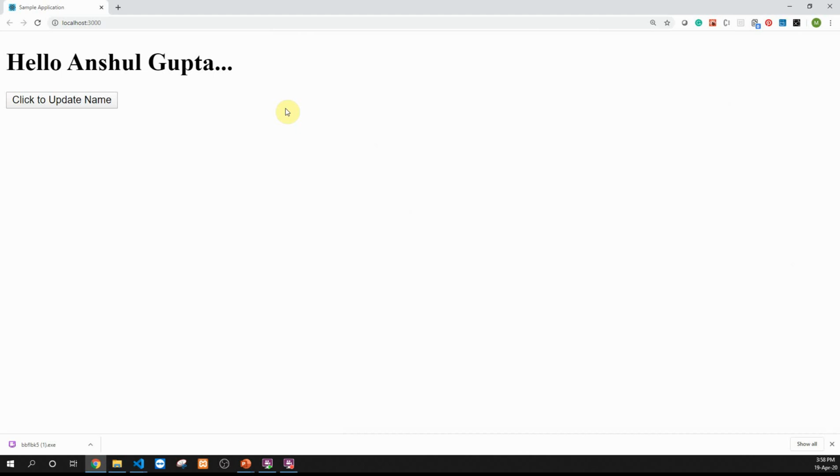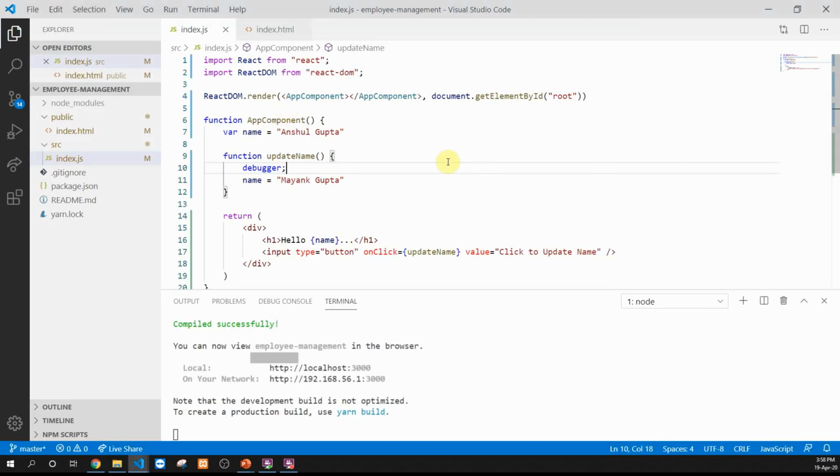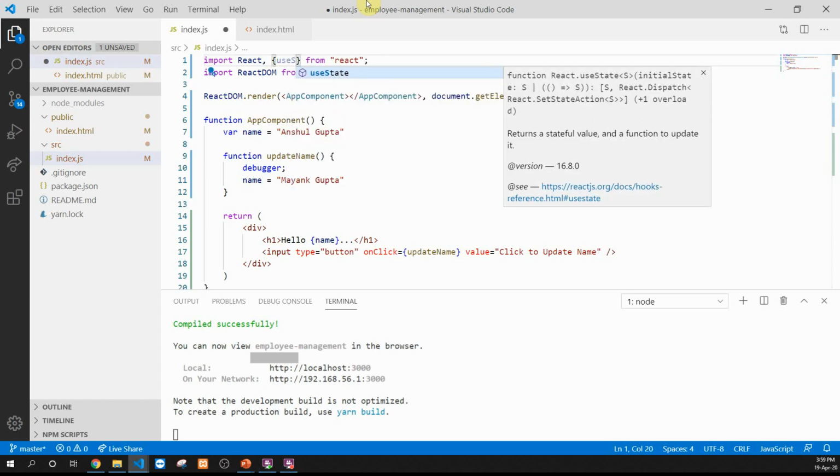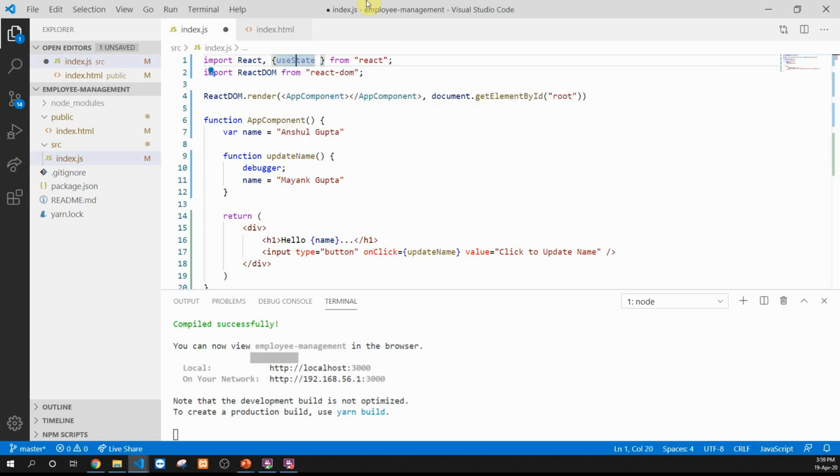We'll use a hook called useState, and we'll see the impact of useState in our program. So what we'll do over here is, apart from React, I want to have another object which is called useState. This useState is also a part of the React library.